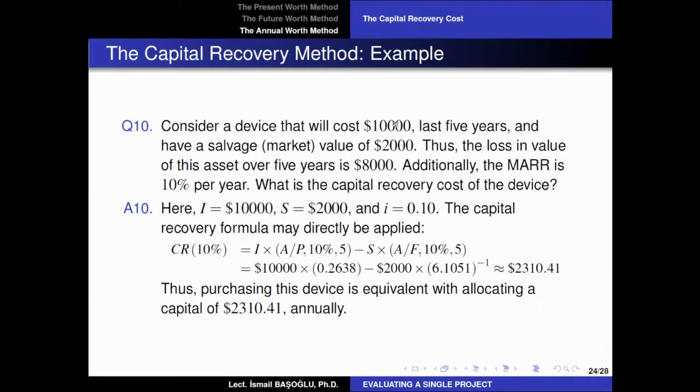So if you purchase this device right now for $10,000 and use it for 5 years and get paid $2,000 of salvage value at the end of 5 years, it is going to be equivalent to paying $2,310 at the end of every year for 5 years. So instead of owning that product, you can lease it by an annual lease amount of